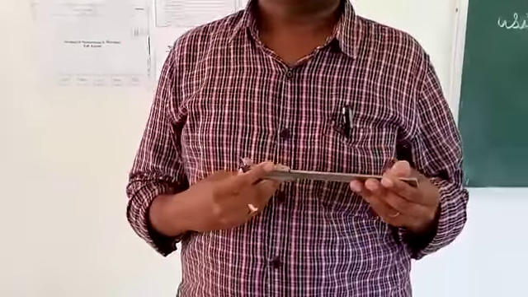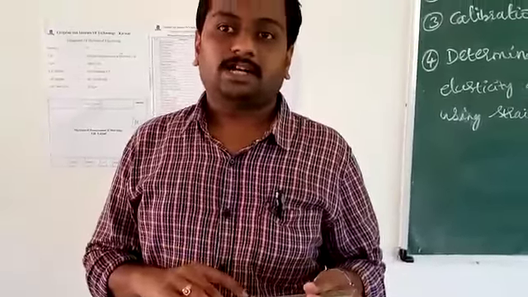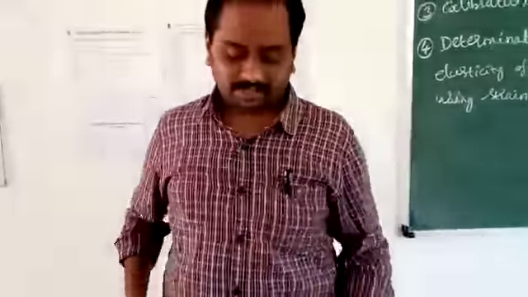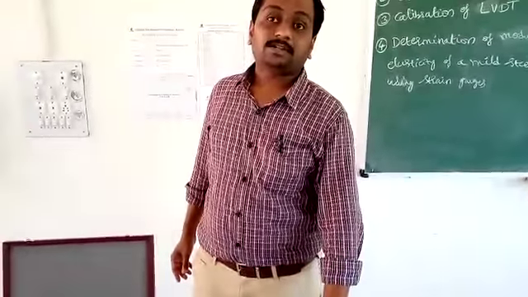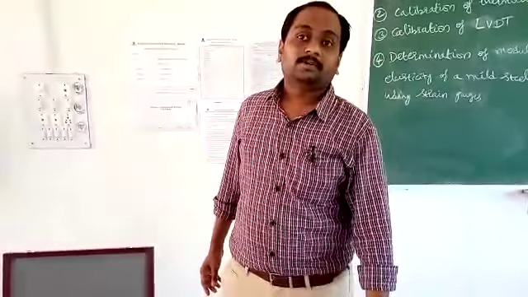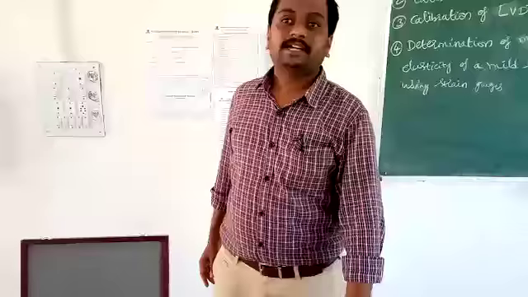Least count means the smallest possible measurement that you can measure. For example, when you are going to use a 15 centimeter scale, the least count of that is 1 mm or 0.1 centimeter, or the protractor which you are going to use for measuring an angle, the least count of that is 1 degree.